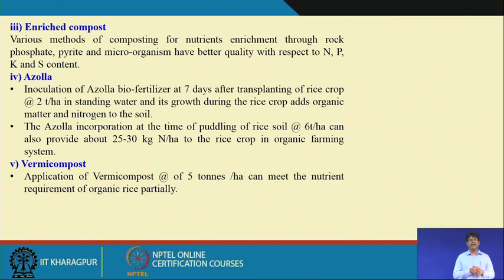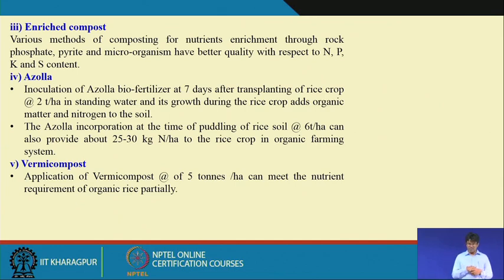So, to meet the N requirement at specific growth stages, you have to go for organic sources like green manures, so that the release is very slow and the loss is very less. That means having green manure crops, or applying enriched compost, azolla or vermicompost. You have to apply huge amounts to meet the N requirement, and in this case we can also go for split applications